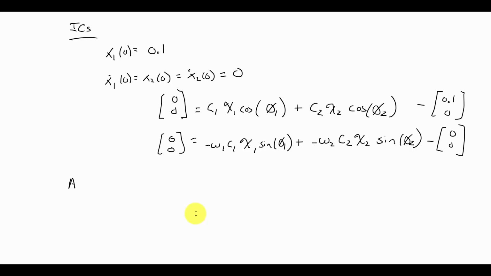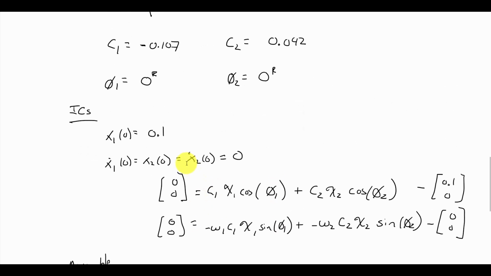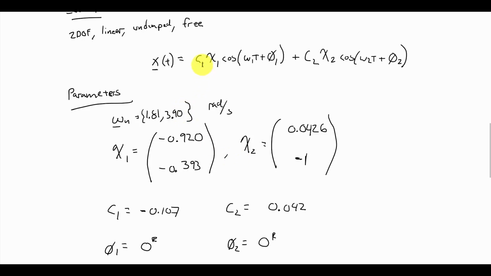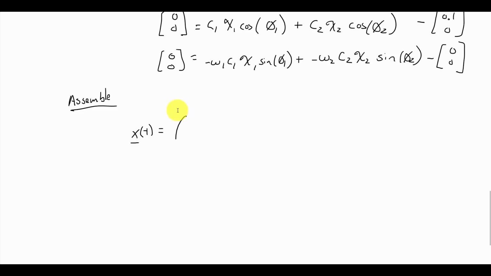So now we can assemble our solution. Putting together our x(t) equals. All right, so let's see what we have here. We have our C1, C2, chi1, and chi2. So I'm going to take their product and put it in front of cosine. So C1 times chi1, I will get 0.0982 and 0.0419. Okay, so again, I'll just take a note here. This is C1 chi1